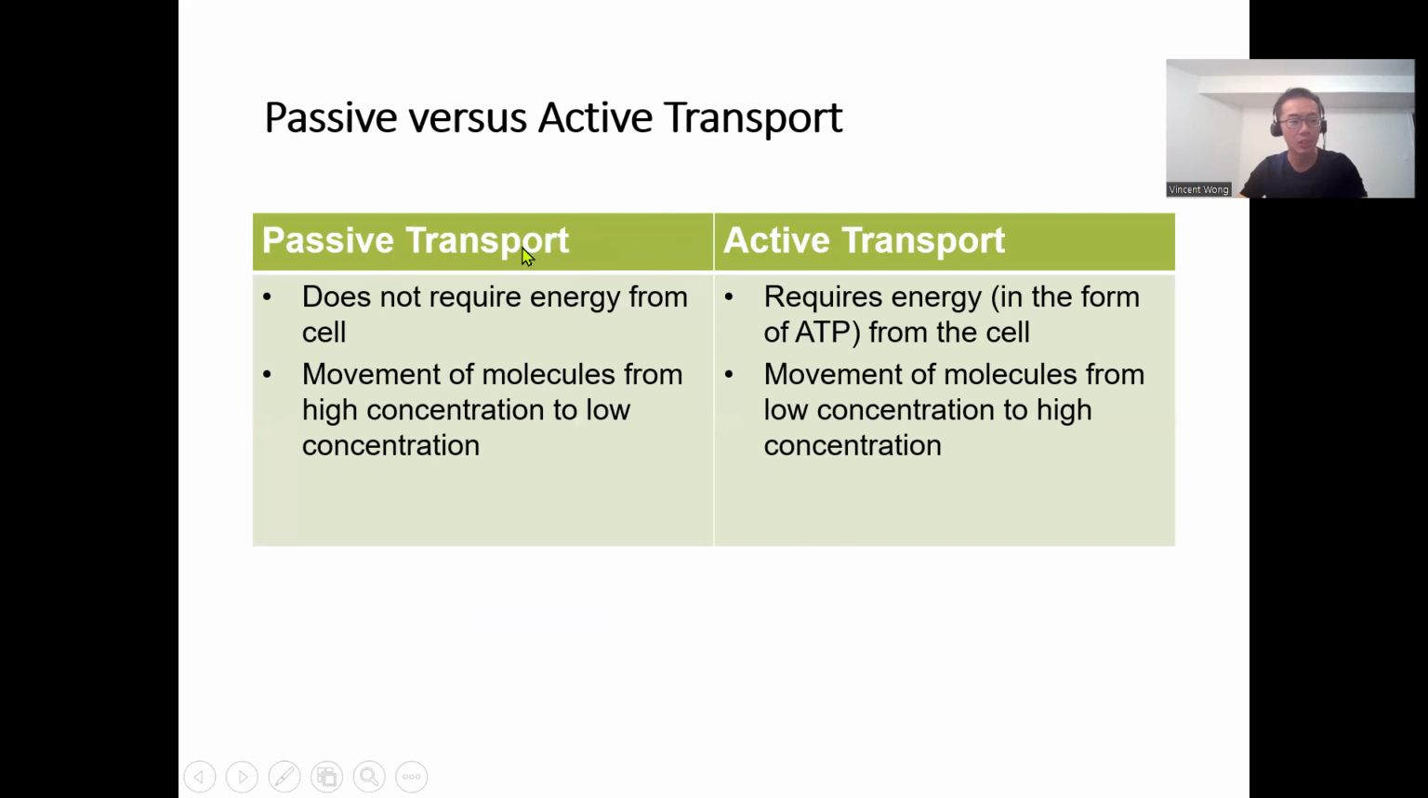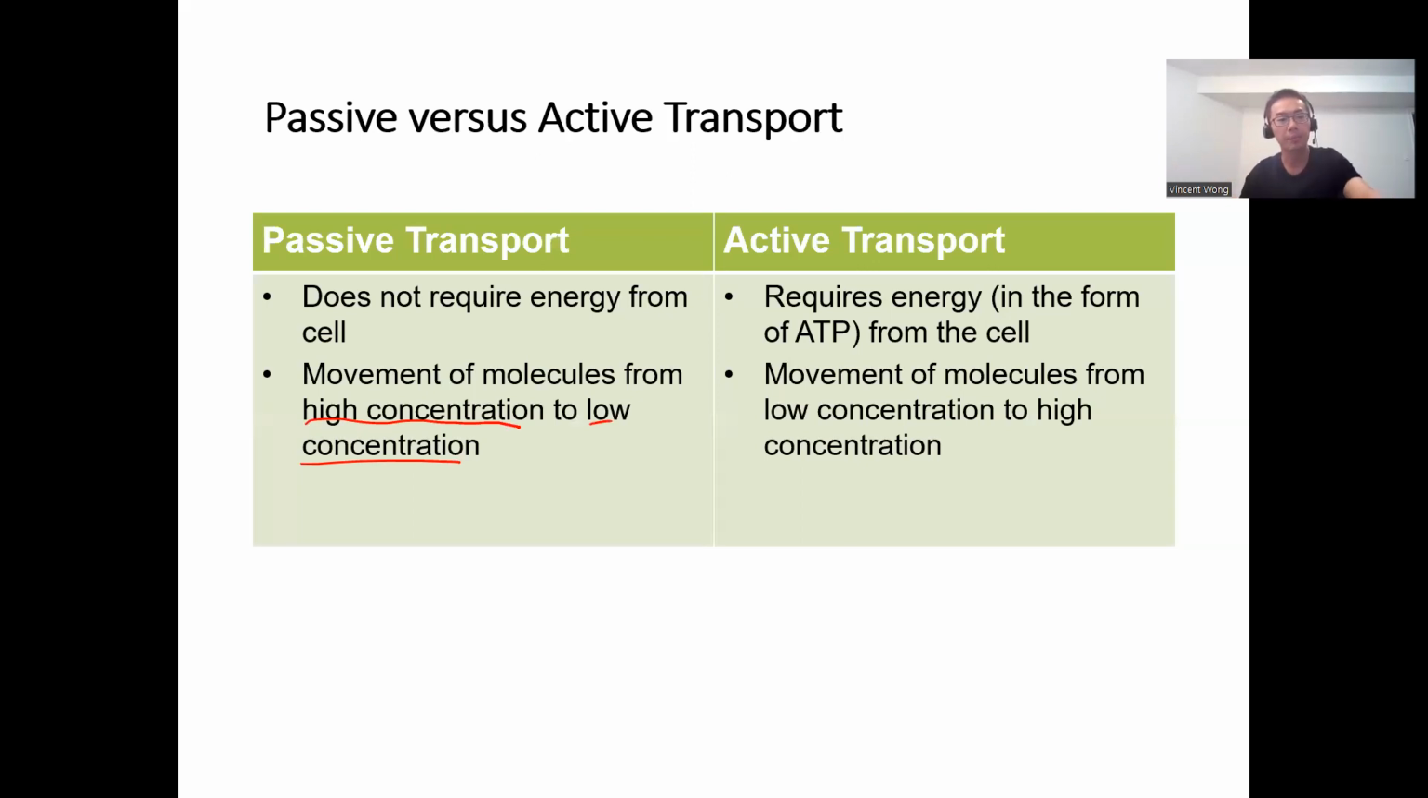Passive transport does not require energy from the cell. It just kind of happens on its own, spontaneously. No need to supply ATP, and it's just movement of substance from high concentration to low concentration. And you're like, wait a minute, isn't that the definition of diffusion? It's true, right? Diffusion is an example of passive transport. As you will see in a bit, there are other examples of passive transport that allow material to move across